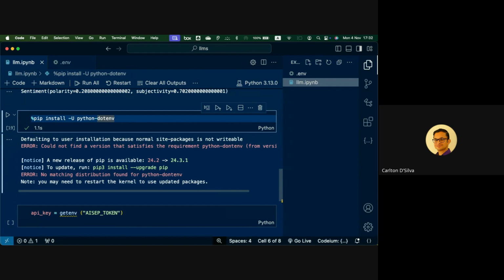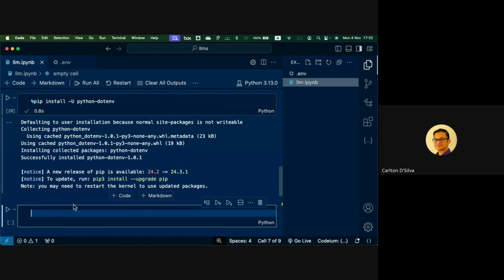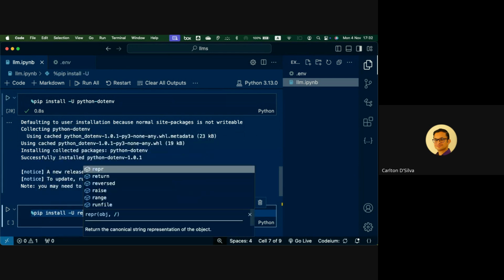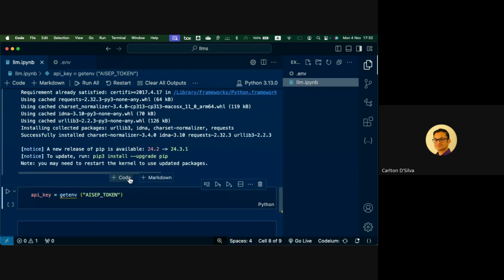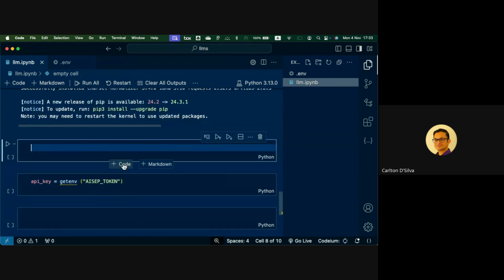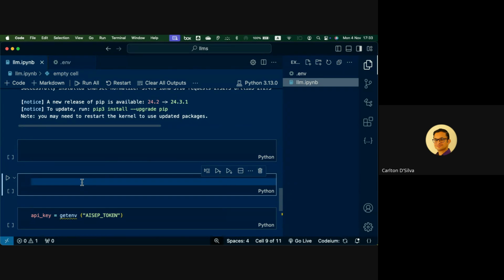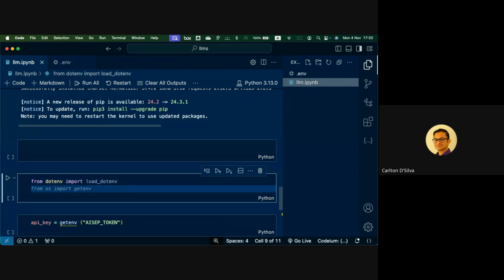And we'll also need the requests. Okay, and then I can load this token from the environment. So from dotenv import load dotenv.